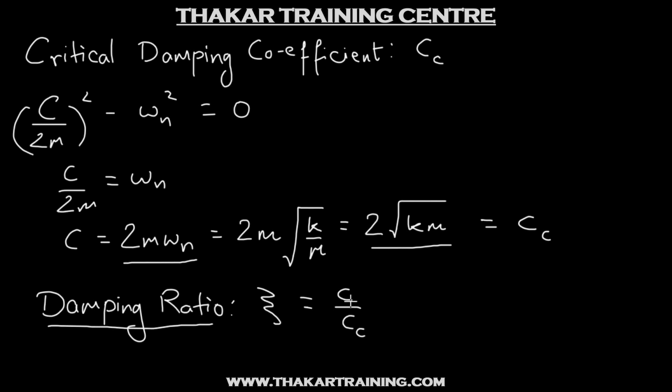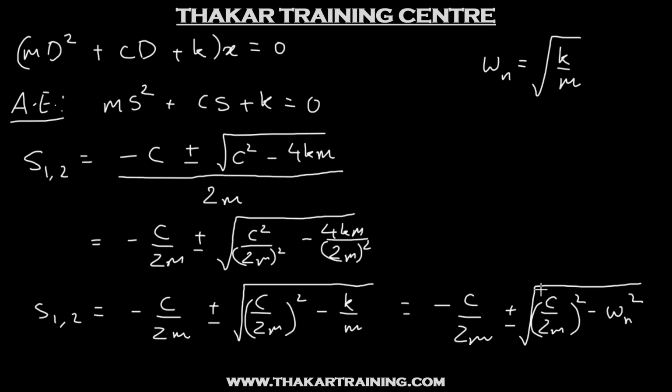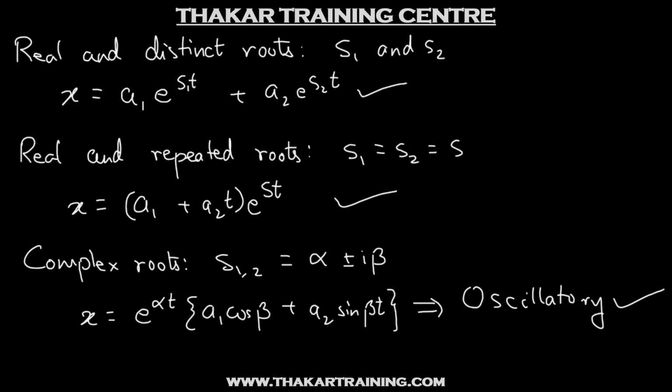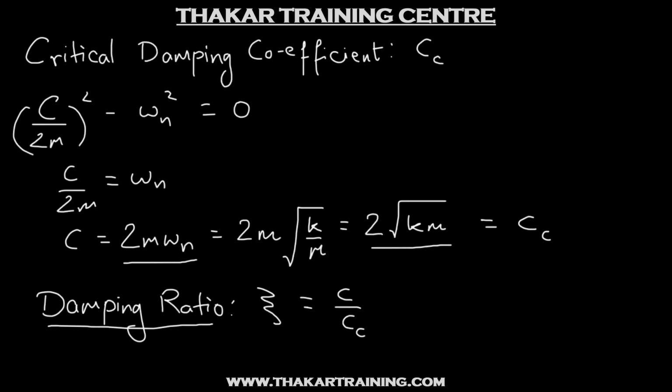This zeta is defined as the ratio of actual damping provided in the system to the critical damping of the system. What is the critical damping coefficient? It is the value of twice root of Km. It depends on the spring and mass. Alright, and this is the actual value C. So depending on what damping we are providing in the system, the value of zeta will change. Now let me quickly rewrite this entire thing in terms of zeta, and then I'll again explain what I did with the 10 units, 12 units and all. I'll explain once again with the help of zeta.